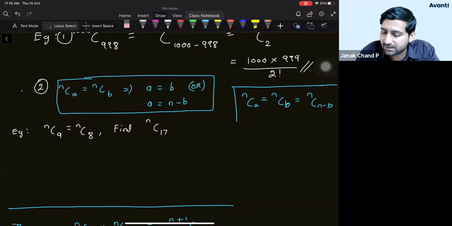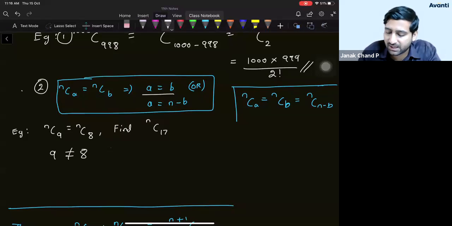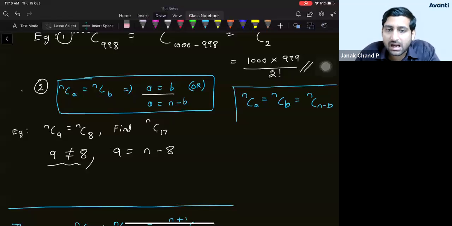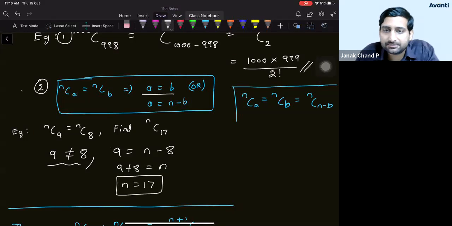Yes, Kirtan, that is correct. Very good. So now obviously, student, 9 is not equal to 8. So that means the first one is not correct here. So the only option is 9 is equal to n minus 8. I hope that everyone understood. This is obviously not equal to this. Hence, you will equate this 9 to n minus 8 like this. Take this 8 on the opposite side. So you'll get 9 plus 8 as the value of n. That is, student, n is 17.